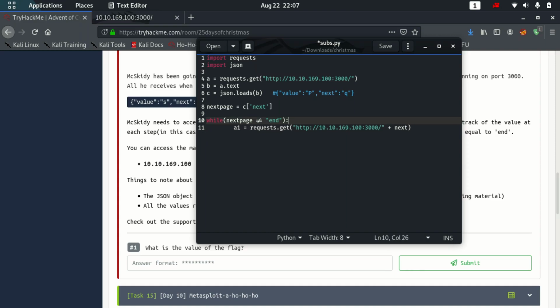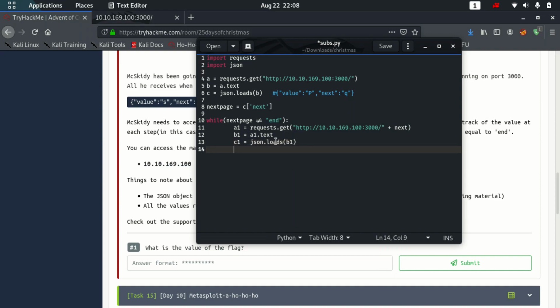I'll append it with next, and then again I'll do this process, that b1 is equal to e1.text, and again c1 is equal to json.b1.